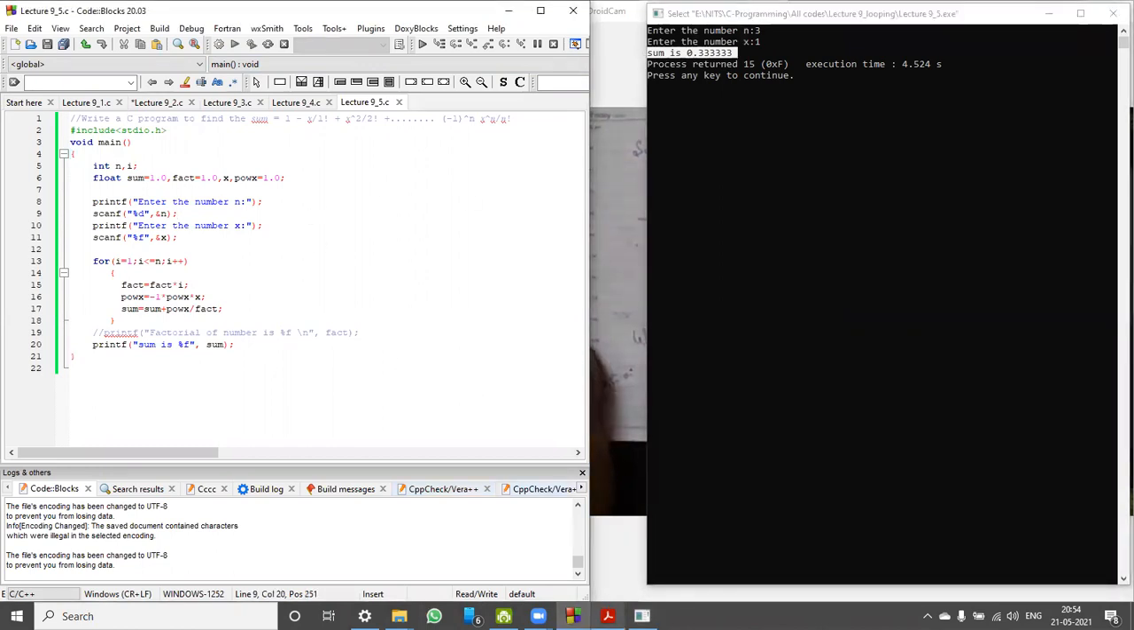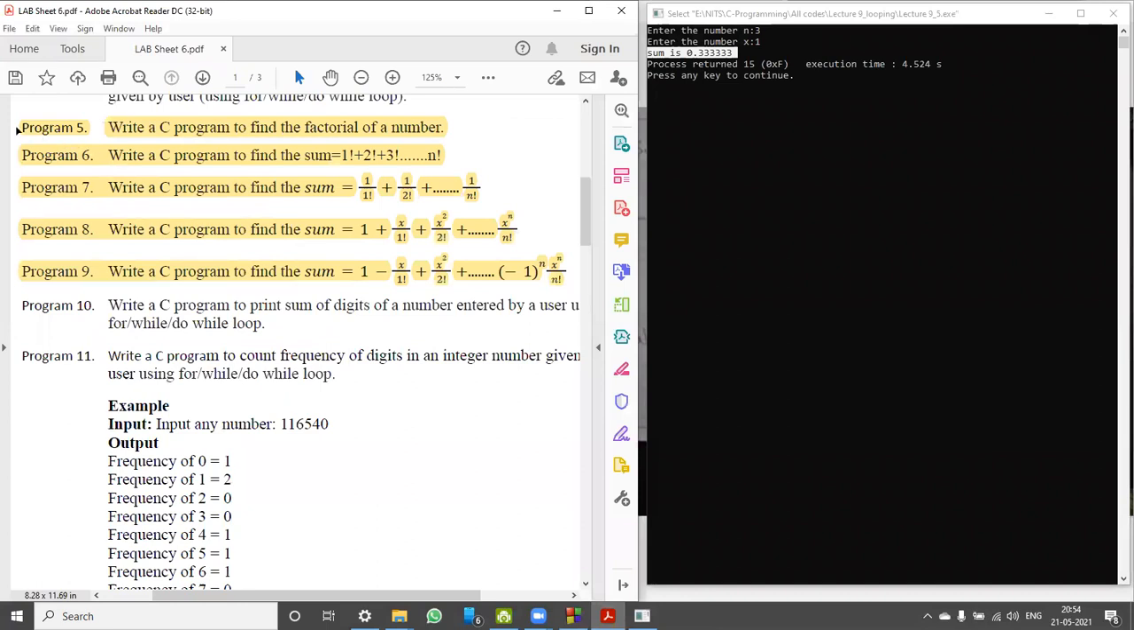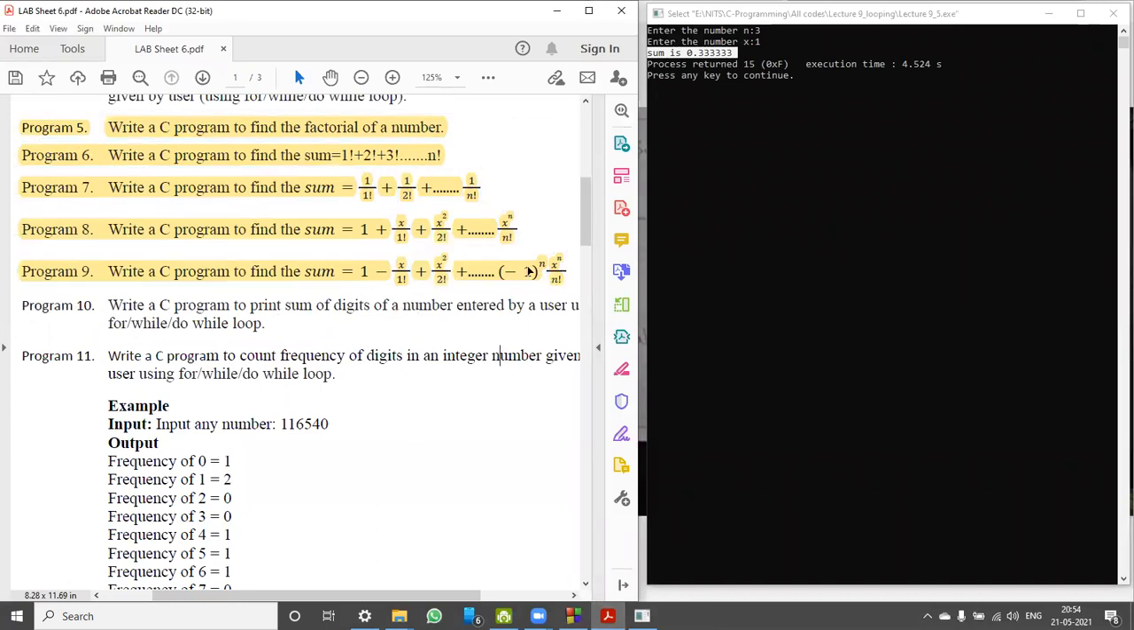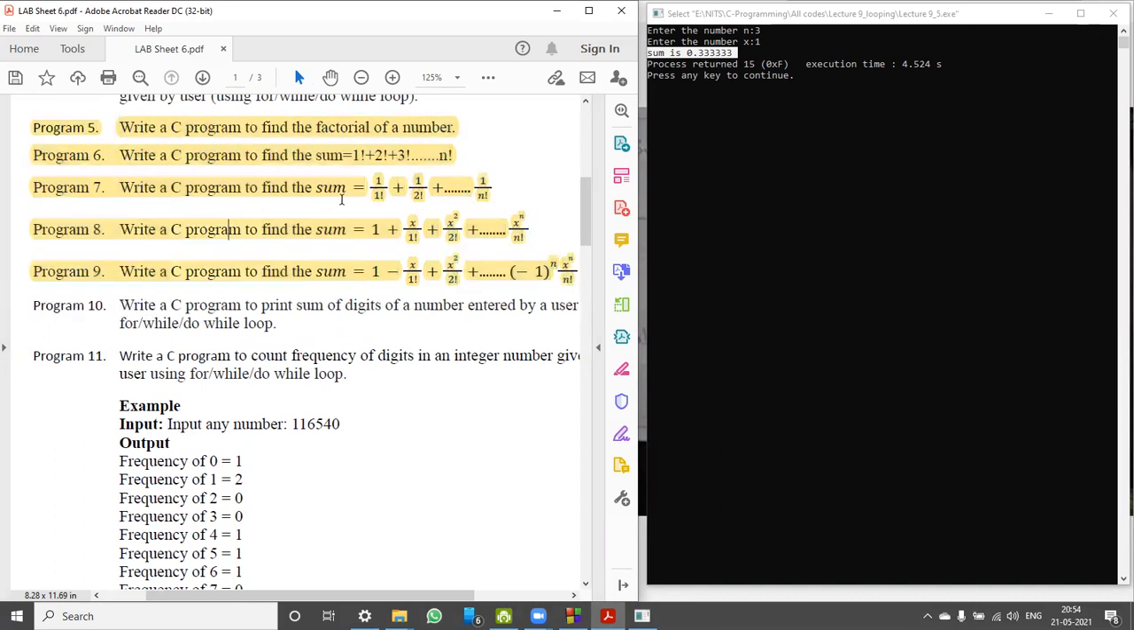So in today's discussion, we have covered these 5 codes, which are totally based on how to calculate the sum of